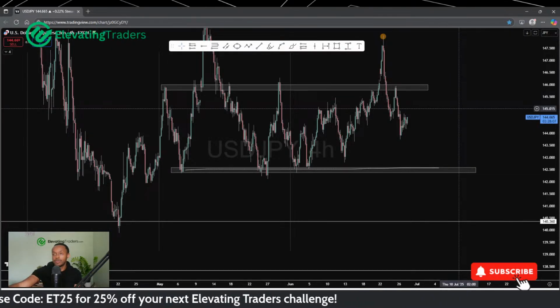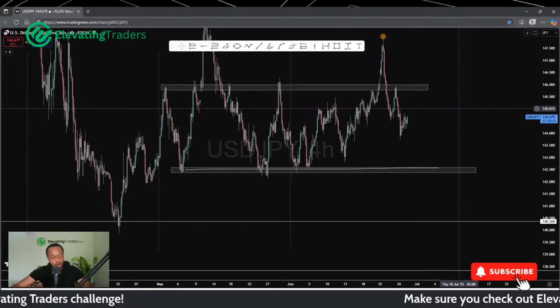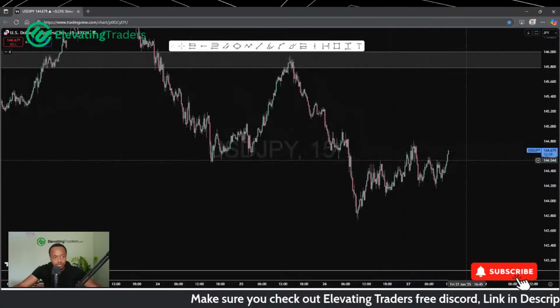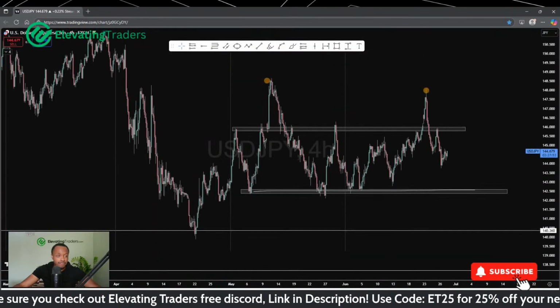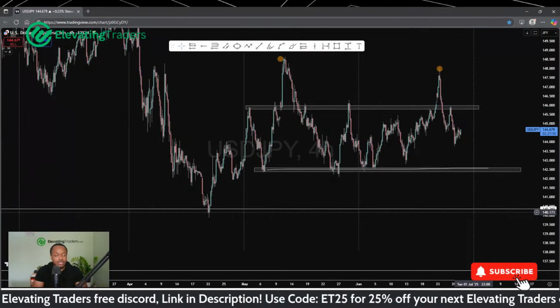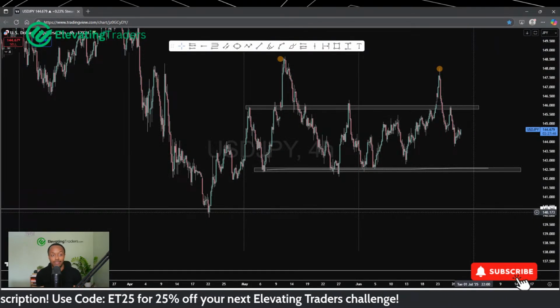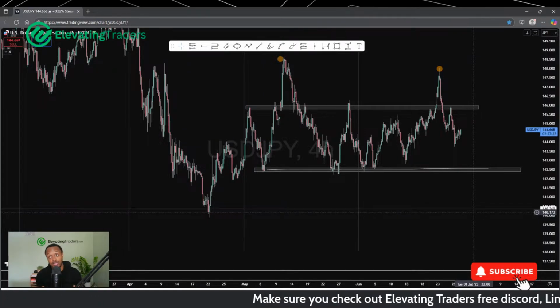It depends if you're a bit more intraday. There might be some opportunities like on the 15-minute chart. This is primarily focusing on the 4-hour chart. On the 15-minute chart, there will be some short-term selling ideas here, but again, I'll keep it very, very short-term, because yes, there might be some opportunities on the 15, but you're still within a range on the 4-hour, which still does have some weight. So it's not like, okay, we're trending on the 15, so let me just trade that. If we're still very messy on one time frame, we are messy, especially if it's the higher one. So I'd watch out for that.